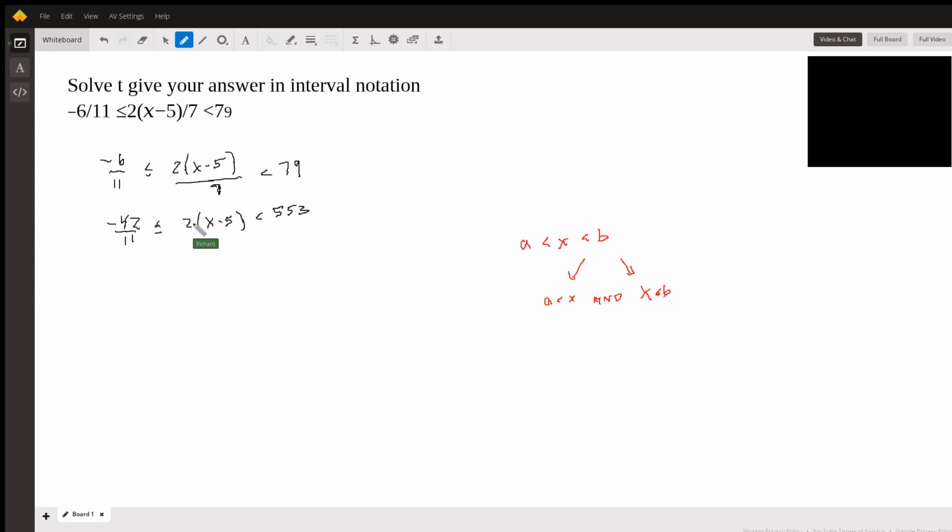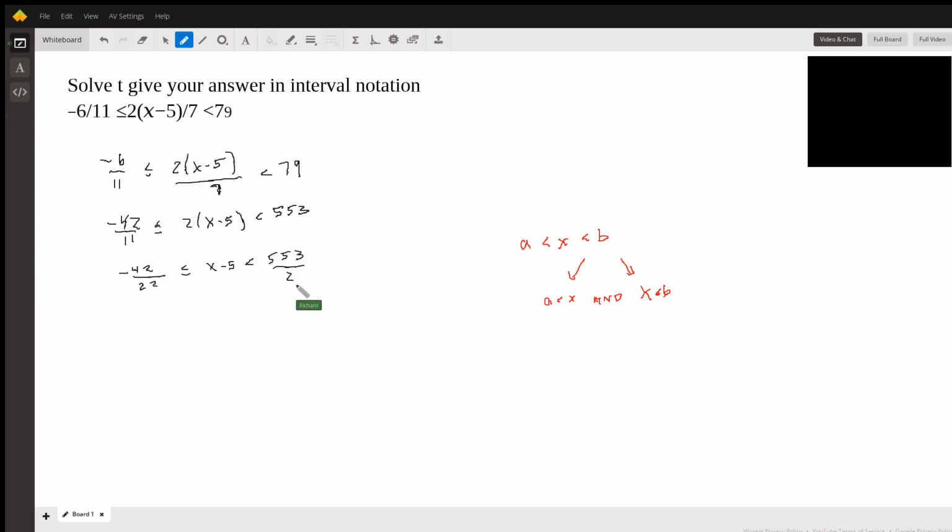Okay, now I want to peel away that 2. So that means dividing everything by 2. Or you could think of it as multiplying everything by 1/2. Now notice when I multiply by 7, 7 is a positive value, and so it does not change the direction of the inequality. And also 1/2 or 2 are positive, and so that does not change the direction of the inequality. So I'm just going to multiply everything by 1/2 here. And I get negative 42 over 22 less than or equal to x minus 5 less than 553